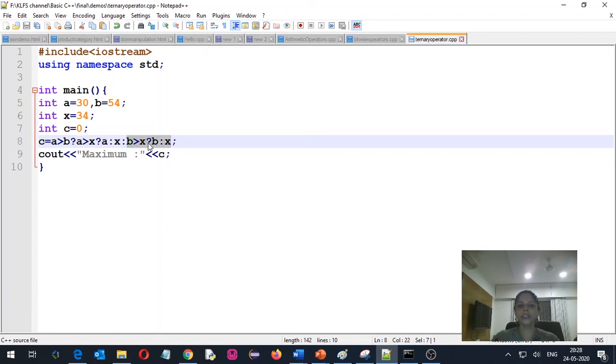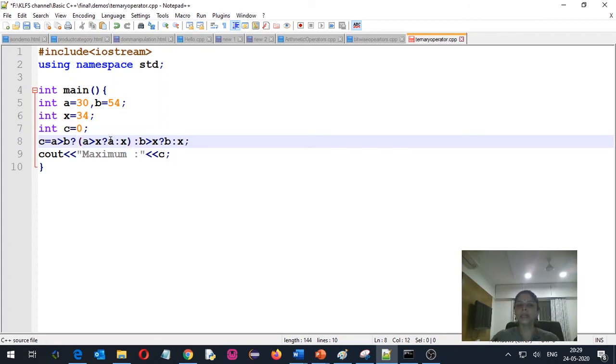And if you check these individual ternary operators, for them also we have a true part and a false part. And for this ternary operator also we have a true part and a false part. So while writing, it becomes complicated. So it is always better to put it in brackets and then write the code and later on remove the brackets. That will help you to understand how to do nesting.